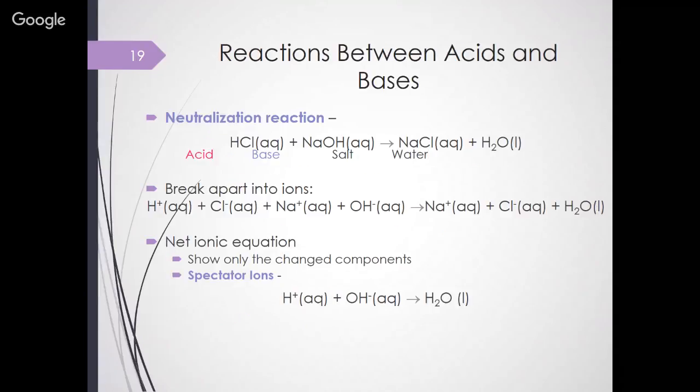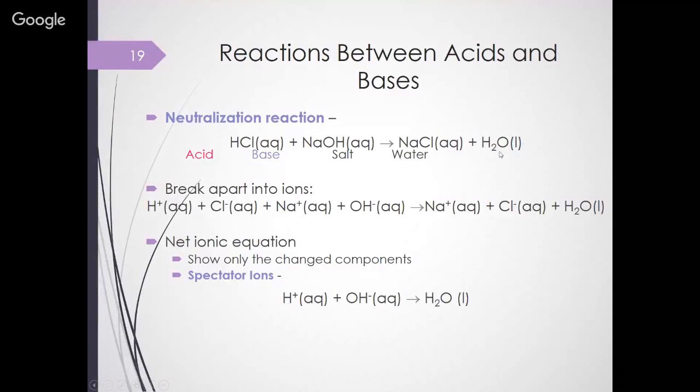So the reactions that we typically see, one would be a neutralization reaction. So what we have is, well, these are not shifted to the right place, but our acid is HCl. How do I know? Because there's an H in the front. Our base is sodium hydroxide because there's an OH. What do we produce? The reaction is always, you're basically canceling out the power of the acid with the power of the base, and we